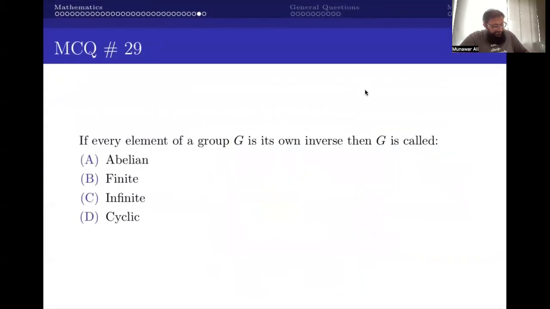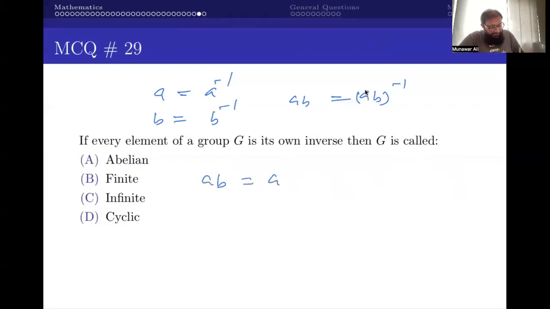If every element of a group is its own inverse, then the group is called... So it means I take any element, A is the same as A inverse, B is the same as B inverse, and AB is the same as AB inverse. AB is the same as its inverse, but applying the inverse I can write it as B inverse A inverse, and B inverse is the same as B and A inverse is the same as A. So you can see AB is the same as BA. This property shows that the group is